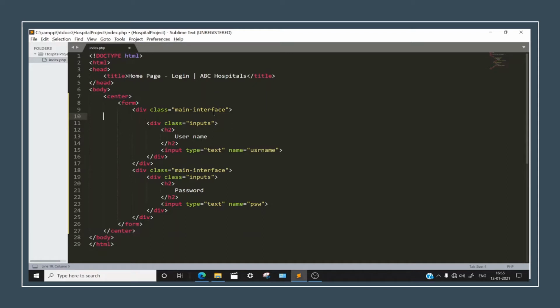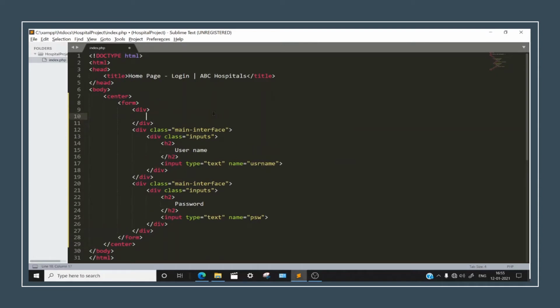Okay, so let's remove this. Let's hit down and make a last div with the class kept as form header, and let's hit down here, login to the ABC hospital website.